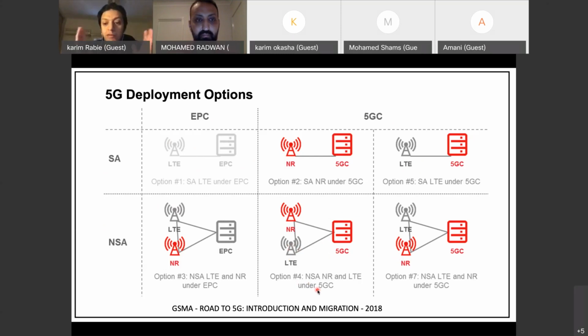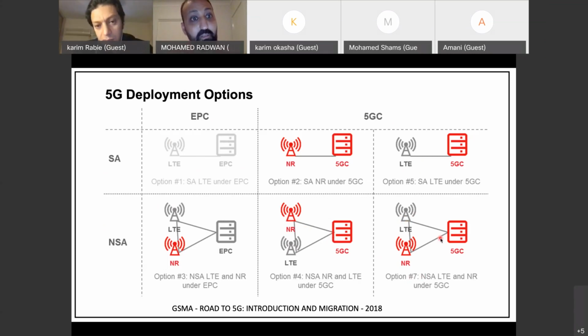So I can interpret initially that in option 4, the new radio is the anchor point for the control plane. So the control plane is coming from new radio to 5GC, and in option 7, the anchor point is coming from LTE to 5G. So that's just reading the diagrams.